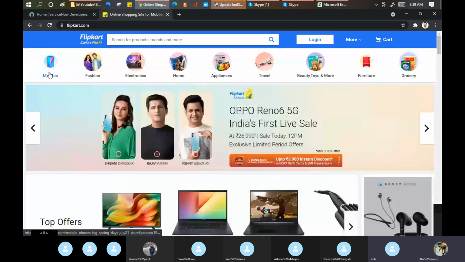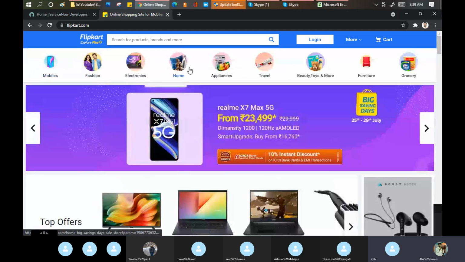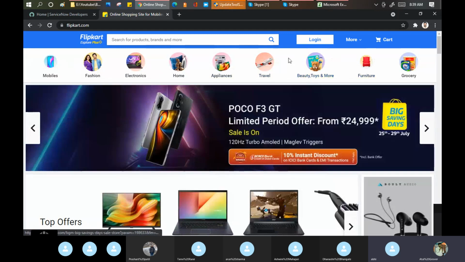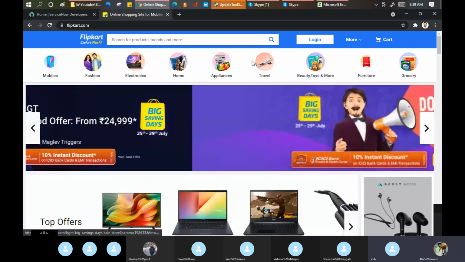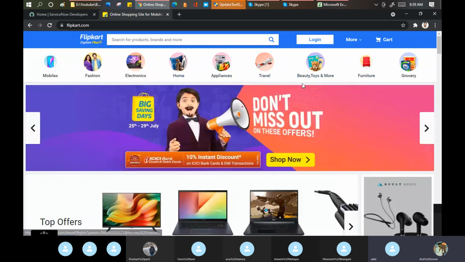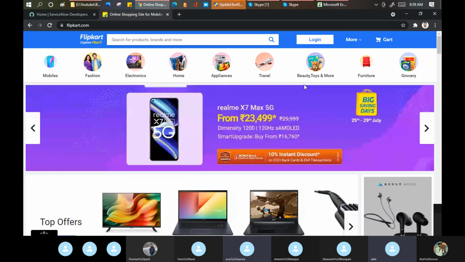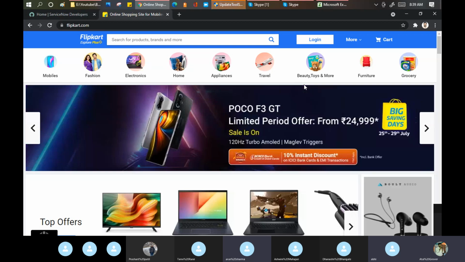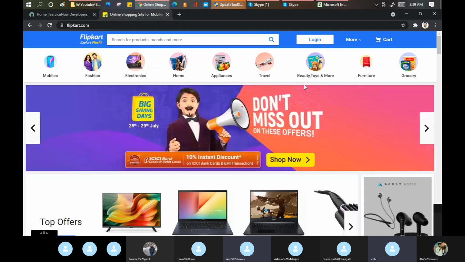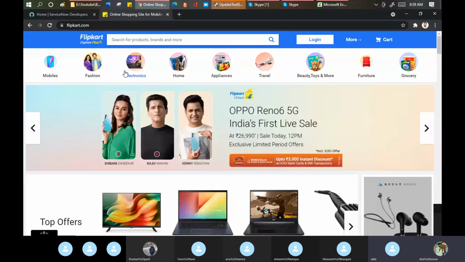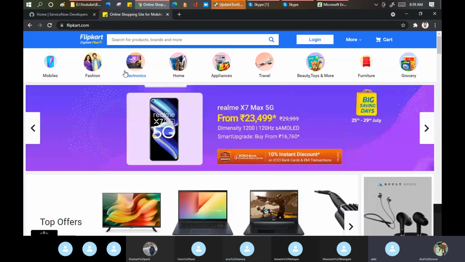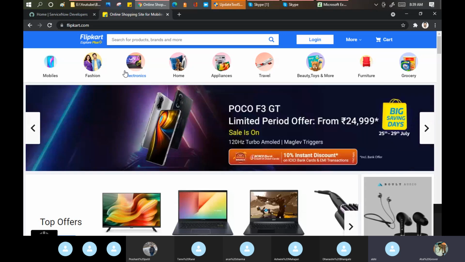What are these things called? Any idea? What do we call this? When you go to a restaurant, the waiter gives you something when you sit at the table.